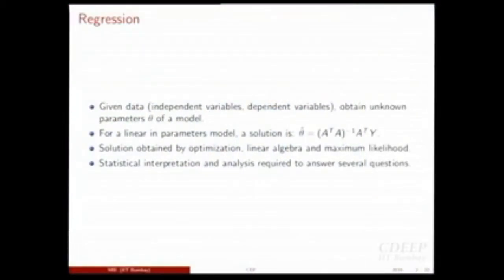What I will try to do today is give you a very generic overview about some of the things which we can do using statistics in this problem of estimating parameters from given data. If you recall, what we have done so far is, the problem is we are given some values of x variables, which we can call independent variables, and some dependent variables y. We want to obtain unknown parameters theta of a model, and what we have said is, if the model is linear in the parameters, we can get this solution (A transpose A) inverse A transpose Y